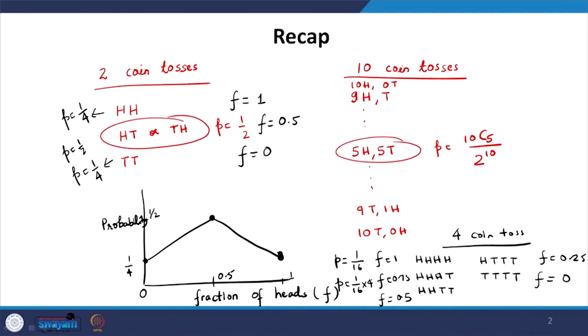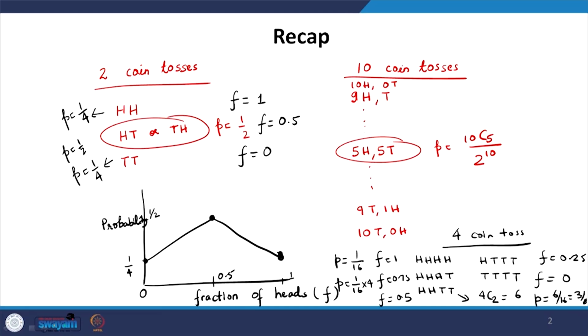So, this can be done in 1 by 16 into 4, that is 1 by 4 ways. The third case, similarly I can do in 6 ways, because in total we can have 4 C2 ways to pick 2 heads, or 4 C2 ways to pick 2 tails, and that is going to be 6. So, probability should be something like 6 by 16, that is 3 by 8,